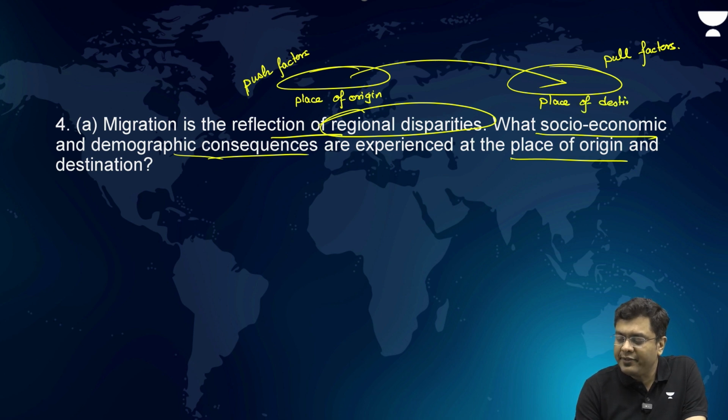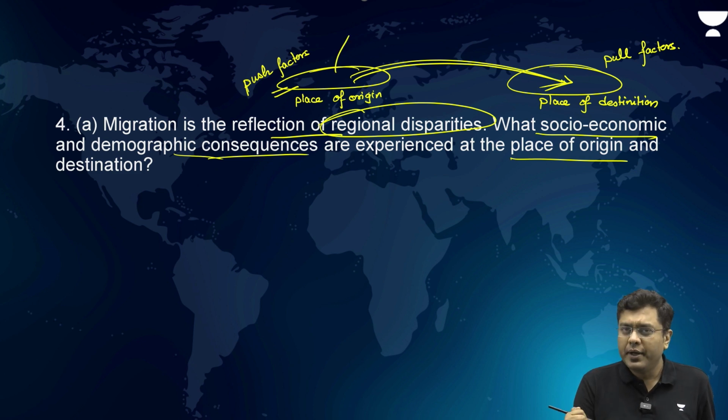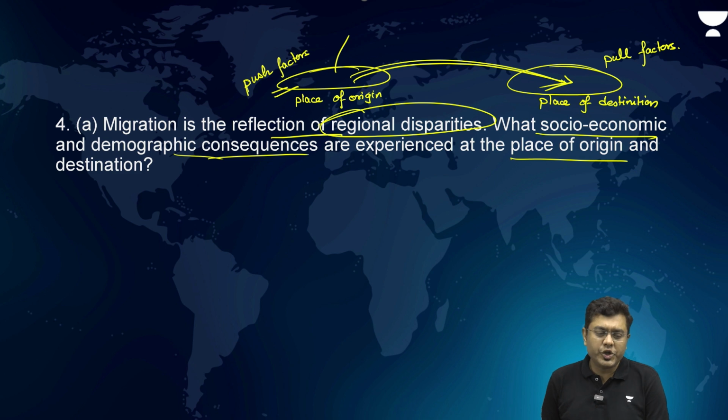So, in the place of origin, will you have more schools being built if people are migrating to another place? No. Will you have more job opportunities being created here? No. Will you have better medical facilities being created here? No, because the majority of the population is migrating there. Then the sex ratio in this region will be more skewed, because the majority of the male population are the ones